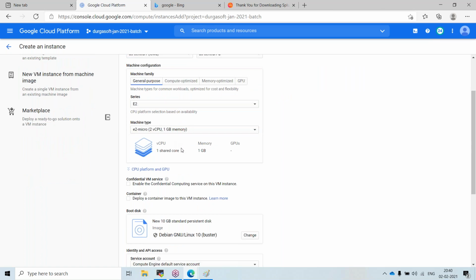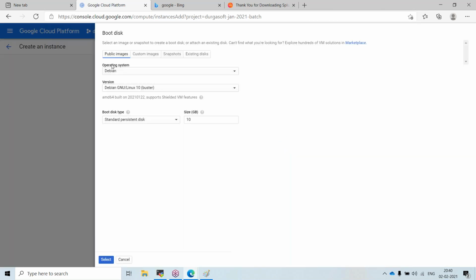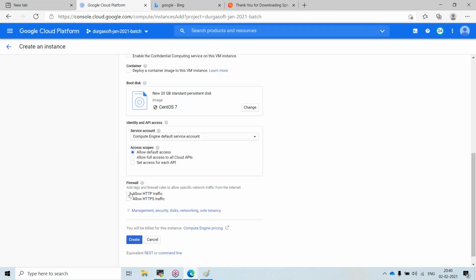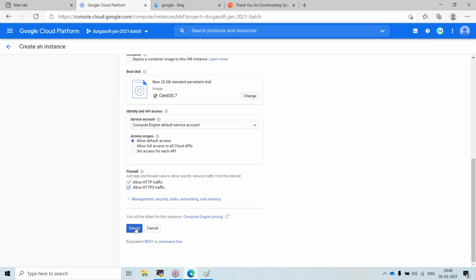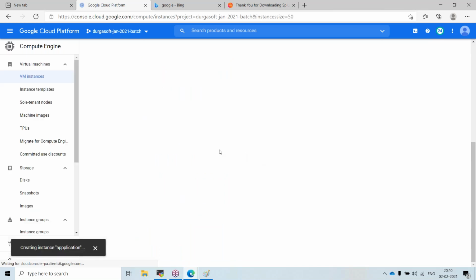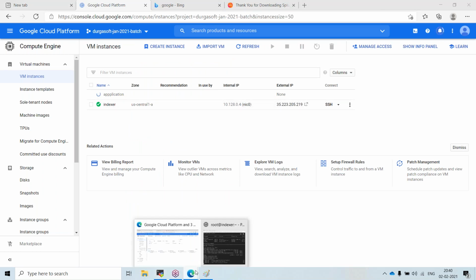That is sufficient. Here I will change it to CentOS, allow HTTP traffic, and click on create.